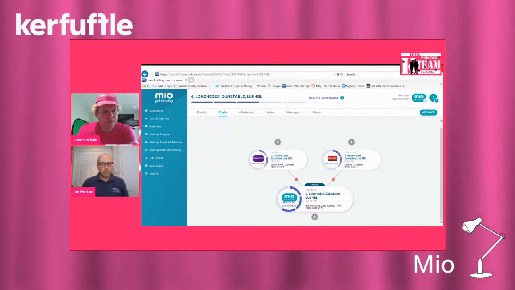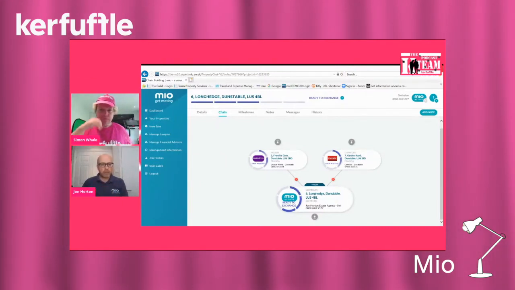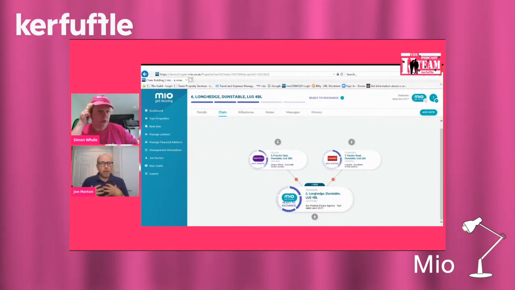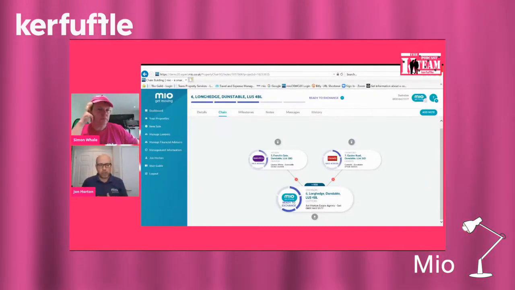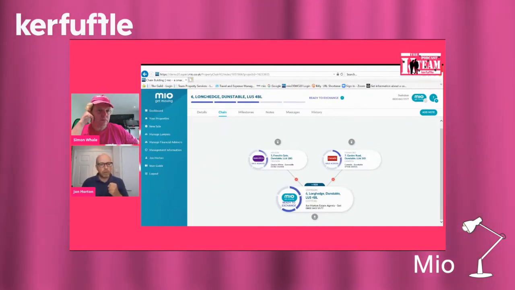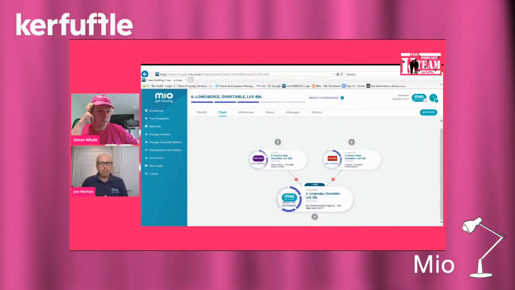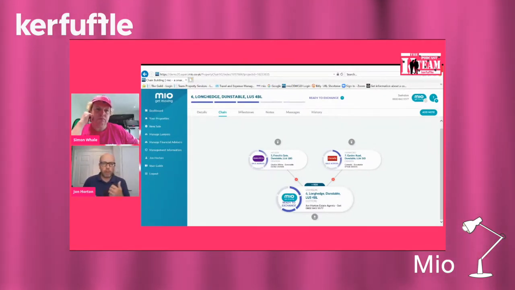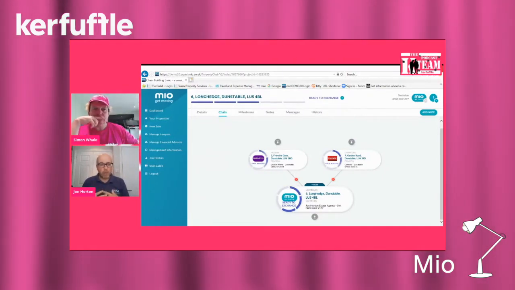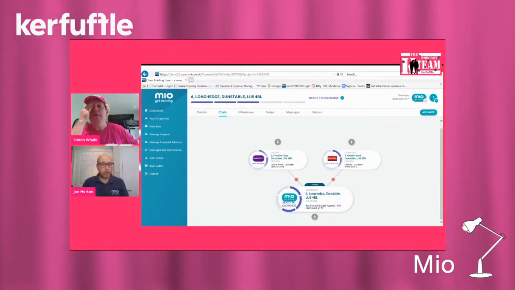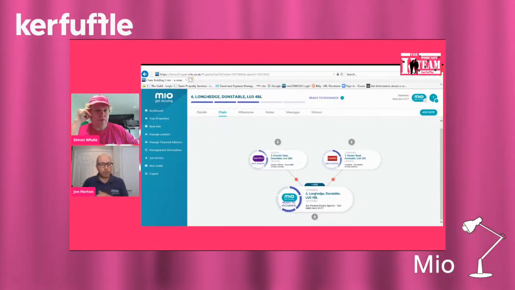But as an agent, as I'm starting to do the sales progression, Mio is pushing automated notifications to me and to the vendor, keeping us updated as to the progress. So I'm sat there thinking, great, I'm reassured things are happening, but I'm also sometimes getting a little bit of a nudge because there could be some tasks for me to do. I spoke about this on a webinar the other week, where sometimes areas of delay can actually be the vendors holding themselves up because they're slow in turning around legal forms. And it's those sorts of tasks that we would serve up with a due date and a reminder through the